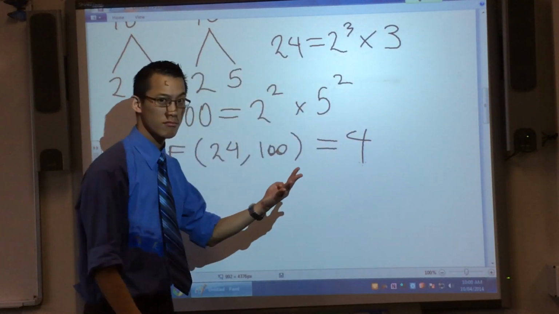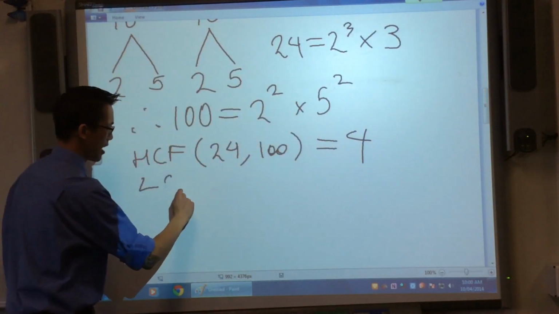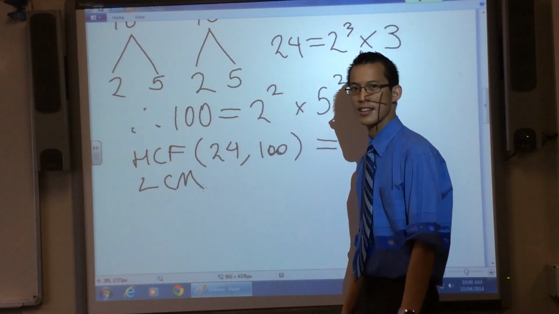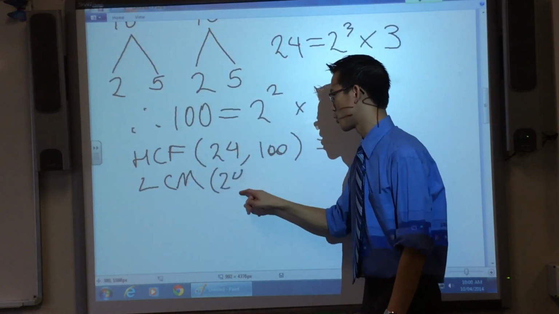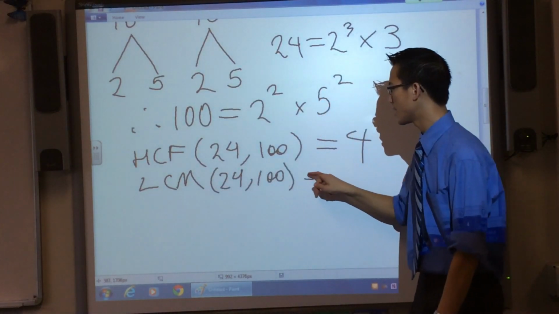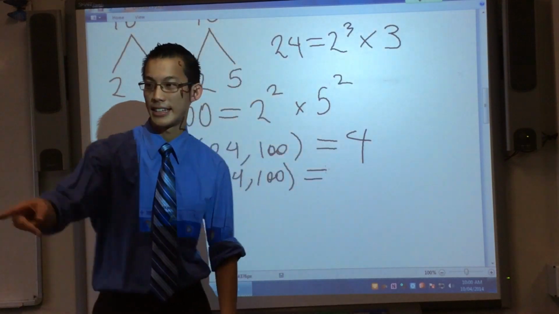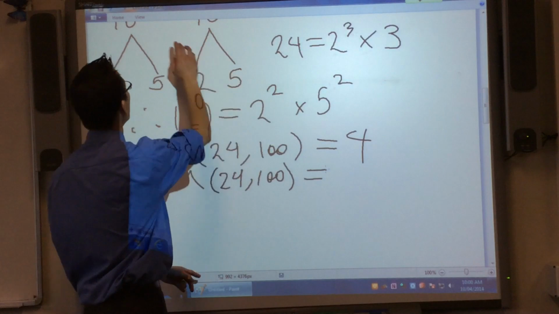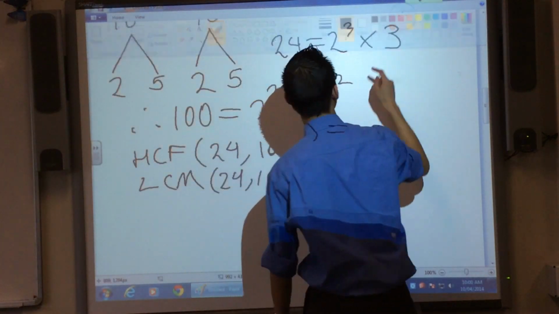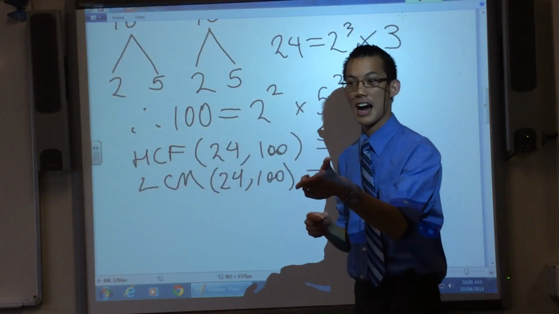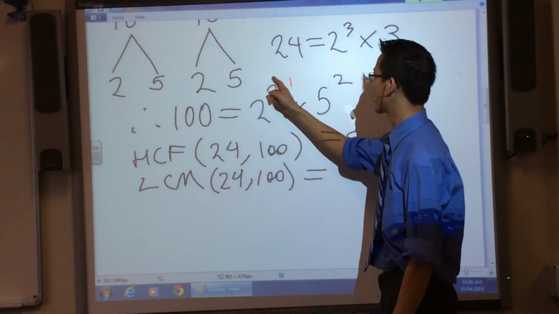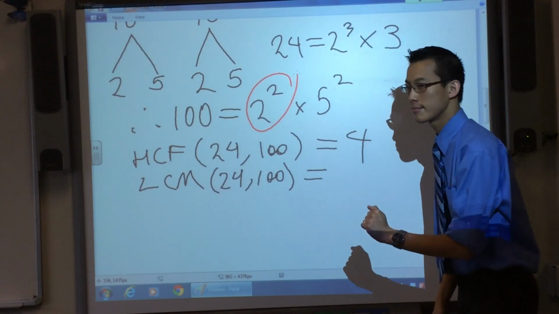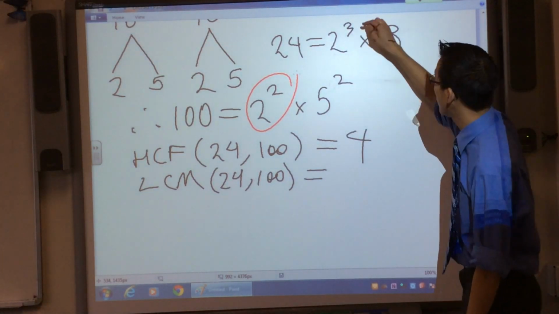Make sense? Okay. How do I do the lowest common multiple? This is tricky, isn't it? Lowest common multiple of 24 and 100. How do I work it out? Okay, so let's do that, shall we? I'm going to circle all the ones that are the same. So far, I've just got that 2 squared. That's the same. So if I cross 2 of them out here,